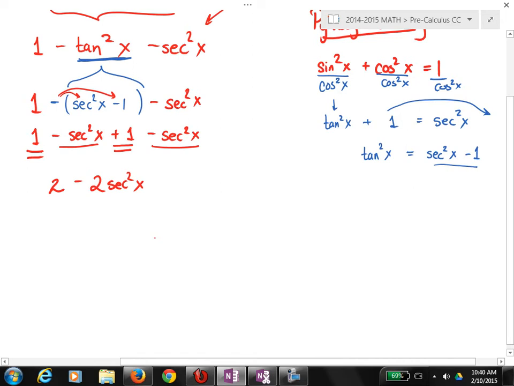Now what can I do? What do they have in common? Yeah, so let's factor out the 2. So 1 minus secant squared of x. Well, looking at this,